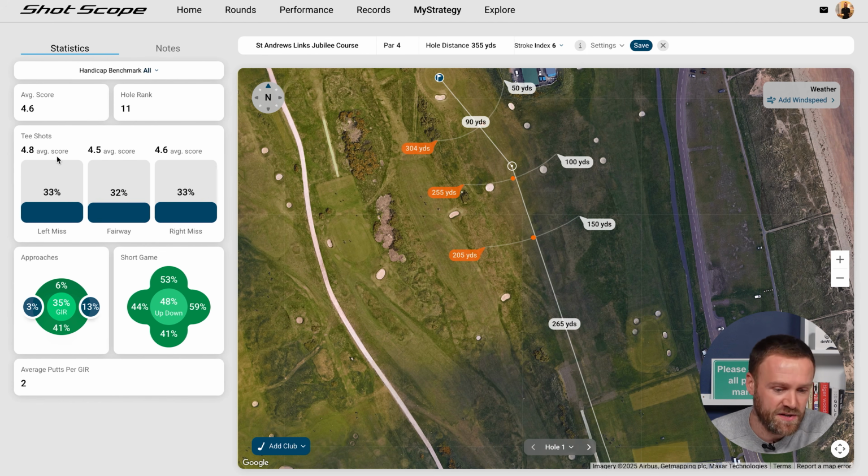Then we have tee shots here. So the average score for somebody who misses the fairway is 4.8 if they miss on the left, of which 33% of golfers do. Average score 4.5 if they hit the fairway, and 4.6 if they miss right. So we can see looking at this that there's pretty much an equal split between all handicap groups, left, fairway and right, but those who go right on this hole end up making a better score on average than